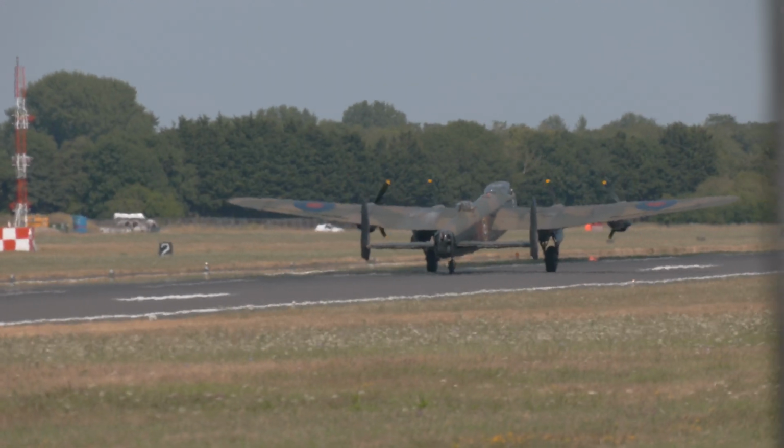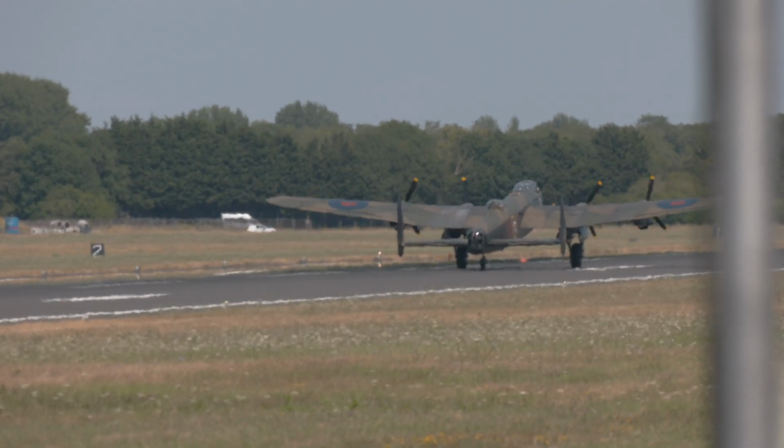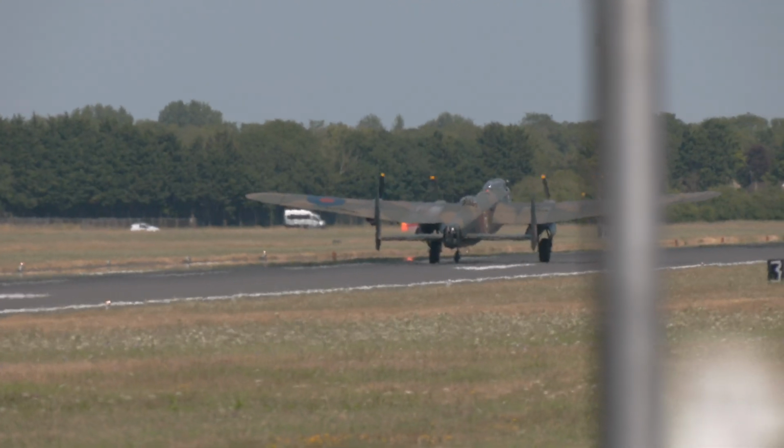Now then, our next item, as I say, comes from the Czech Air Force. It comes from the rotary wing world, and it's not a type